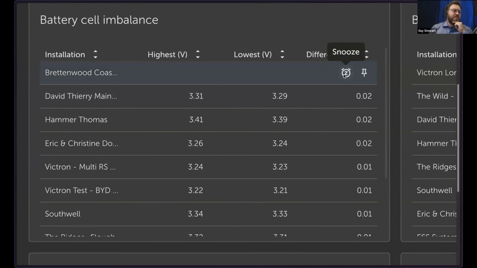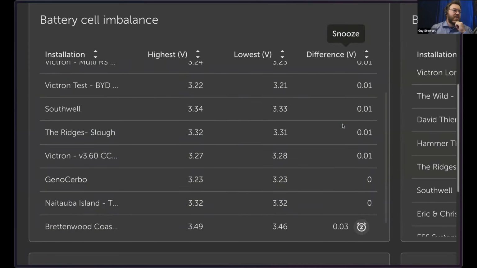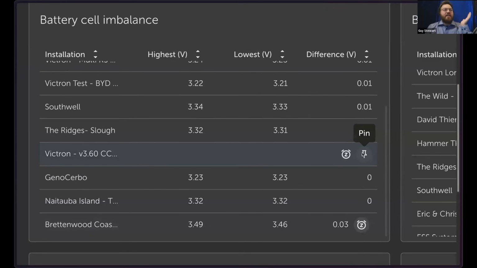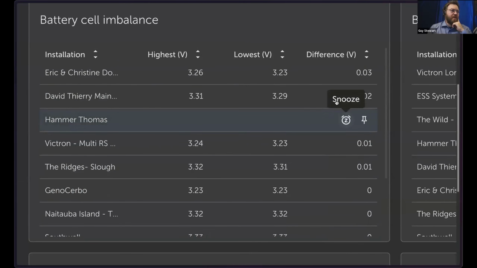Likewise, another feature of this is that if you don't want to see a site anymore, you can snooze it and it disappears. It pops down to the bottom of the list and says, okay, this is a problematic site. I can't deal with it now. I don't want it muddying up my notifications. Then you can decide, I don't want to see it anymore. Just snooze it, send it to the bottom. You undo the snooze and it'll pop back up to the top.